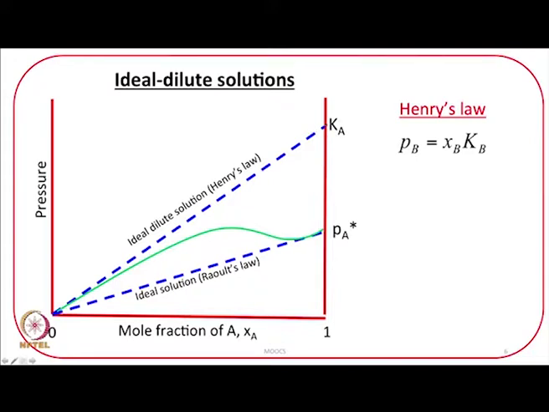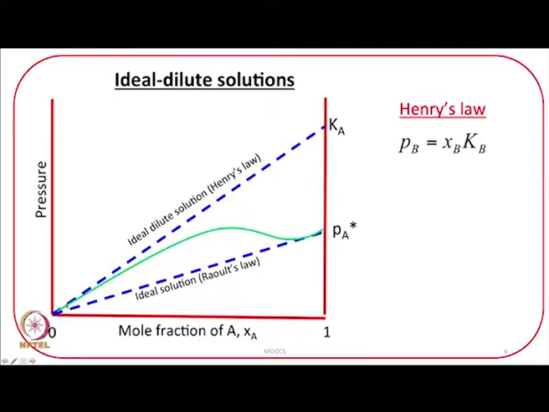K is Henry's law constant. So, in a given dilute solution, the solvent will obey Raoult's law and the solute will obey Henry's law. So, this diagram is for a very dilute solution, in which the solvent obeys Raoult's law and the